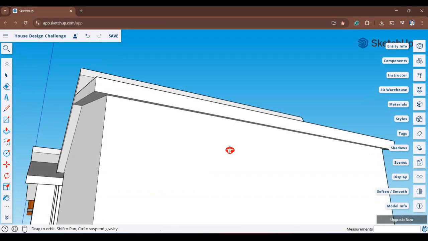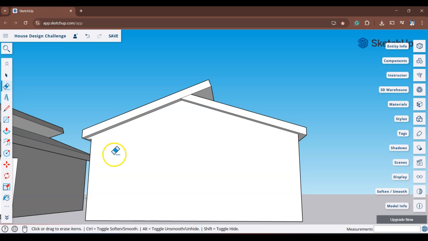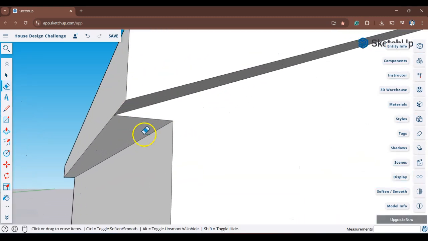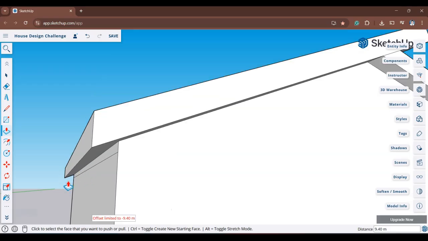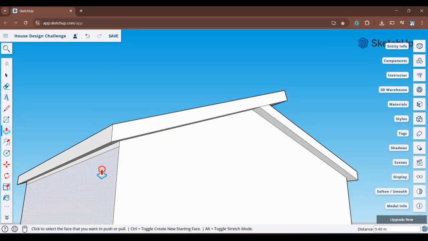Look at that, that's a beautiful roof line now. And then we're going to repeat on this side. So L, click, click, P, click, all the way to the back, click, E, click,